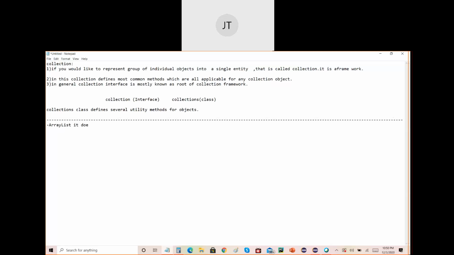It doesn't contain any particular method about sort. So in this we can get the collections class. We can get the ArrayList sort of the particular